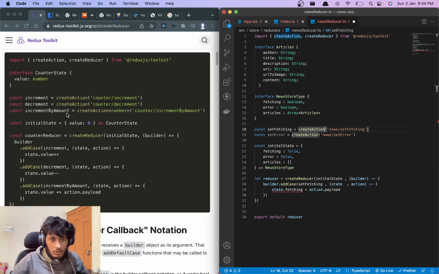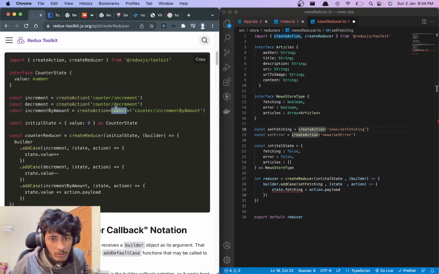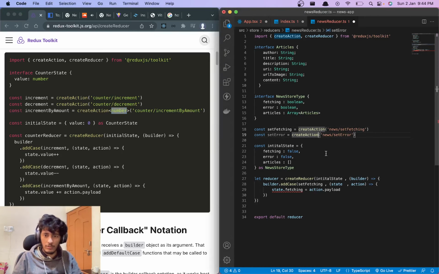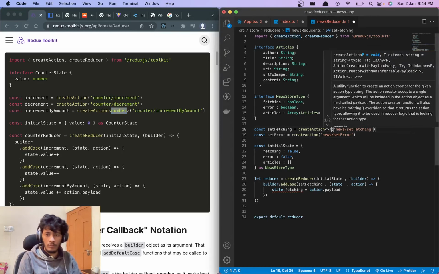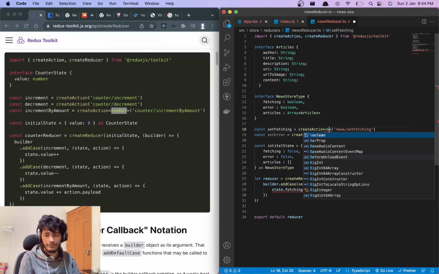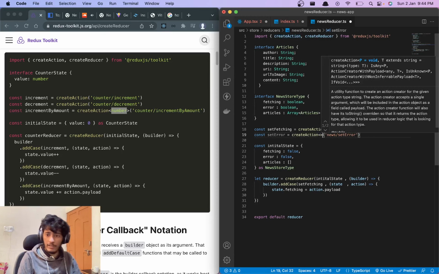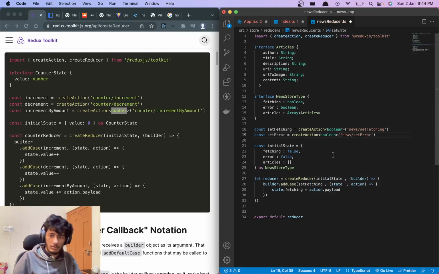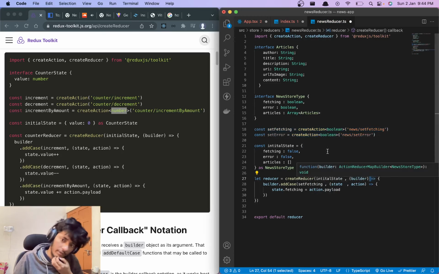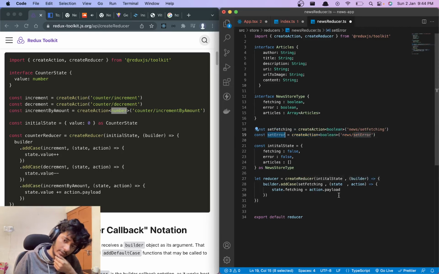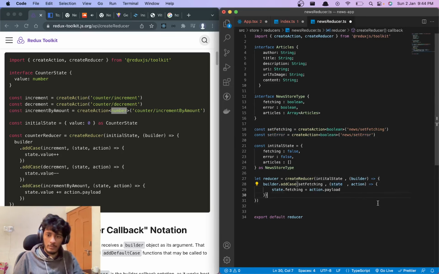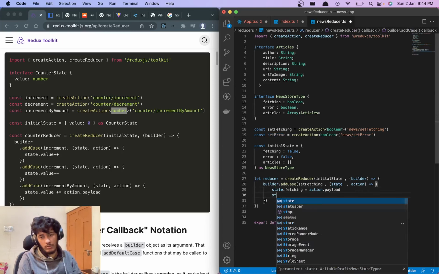Here's an example. So if I want to increase this by some amount, I have to say number. So that's the type of the action. Okay, got it. So both of them will have the type boolean. Similarly over here as well. This will also have a type boolean because of course that's how you're doing it. And you have set error, right? So okay, we can do this now.